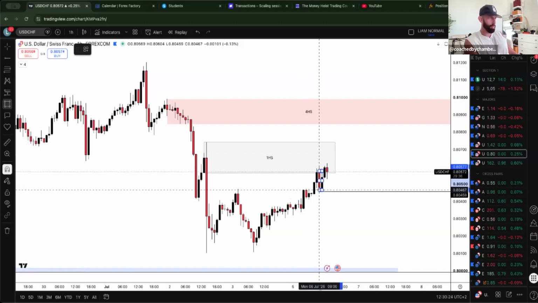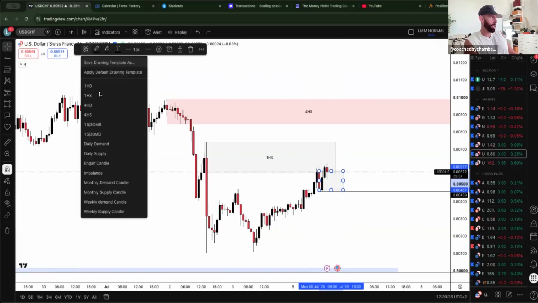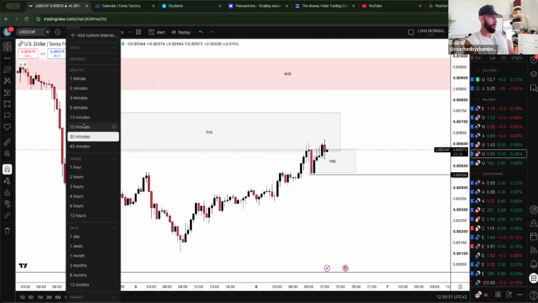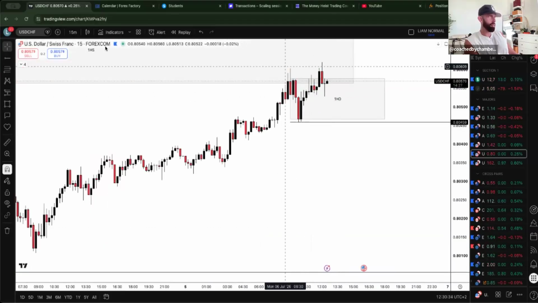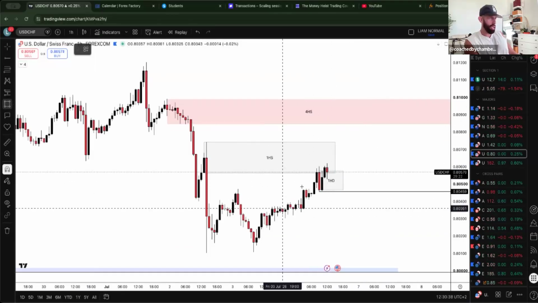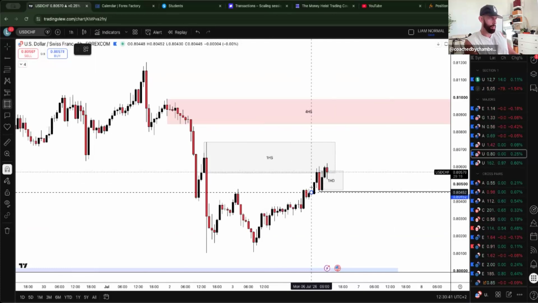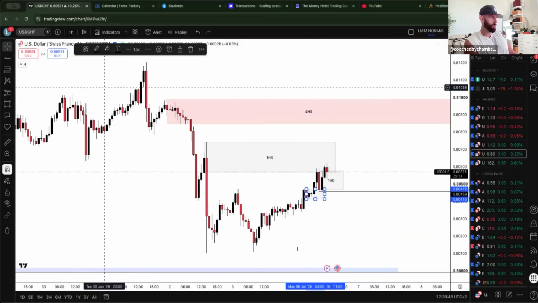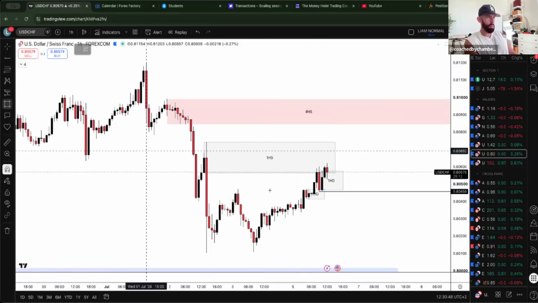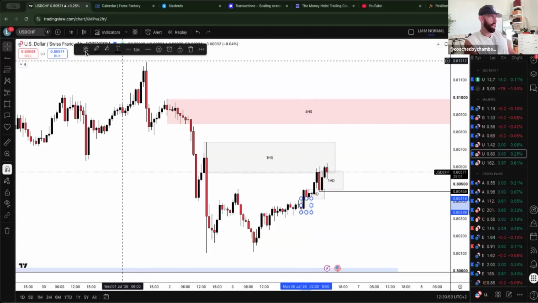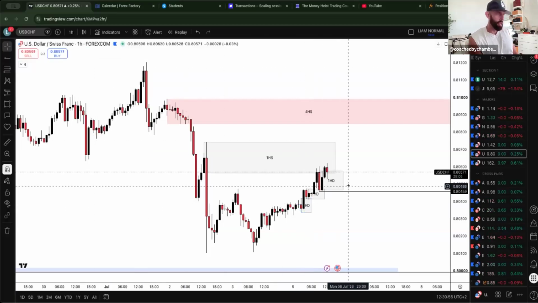But at this moment in time, from a 1 hour, we're just reacting from the 1 hour demand. And if we go into the lower time frames, 30 minute, 15 minute, you could probably see a better scenario of where market is reacting from. But it's pretty simple to understand that bullishness and demand is still in control, as you can see. So as of right now, we need to see some sort of internal change of trend in order to participate. Hopefully that makes sense, guys.